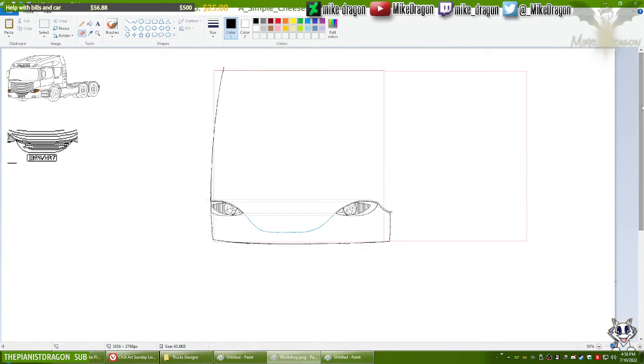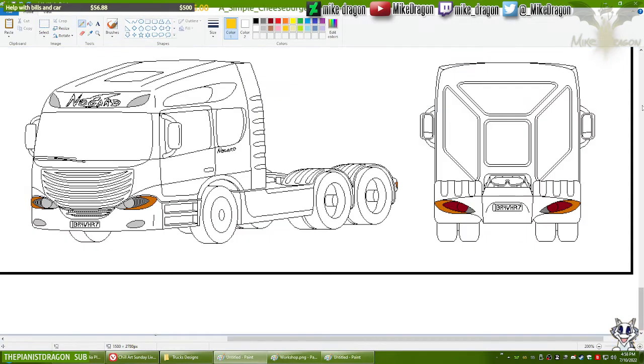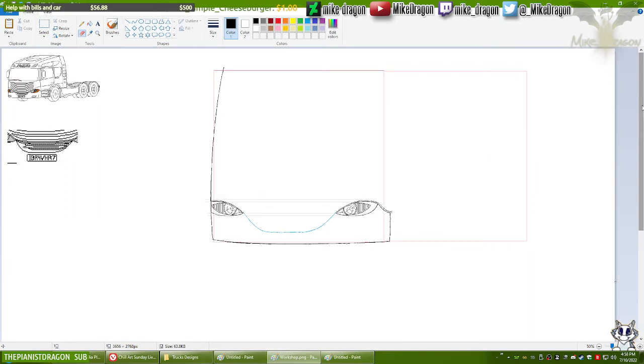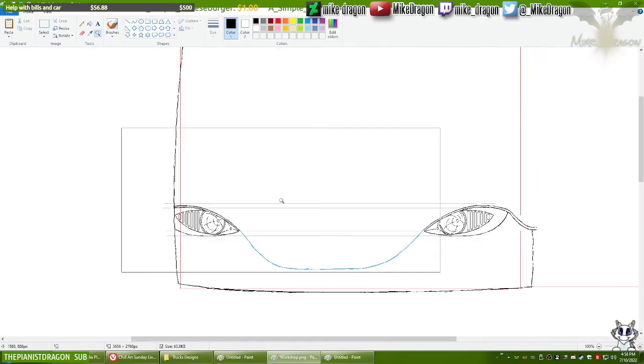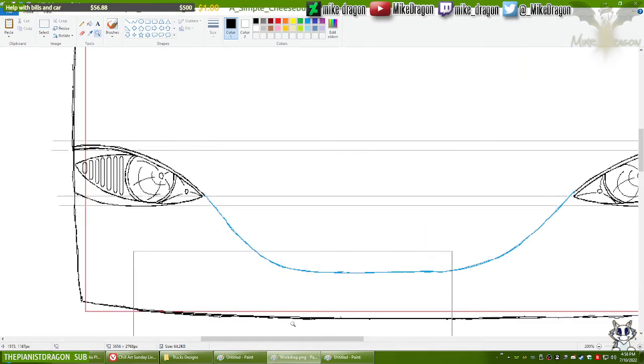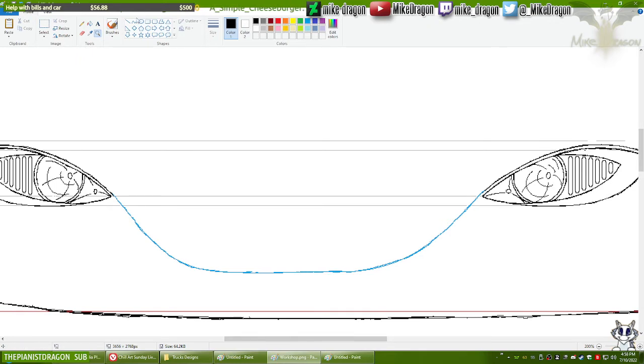Alright, yes, that did help. This does look better. It can still look even better, but as it stands, this is quite alright. It's just not quite there yet, but this is good progress.